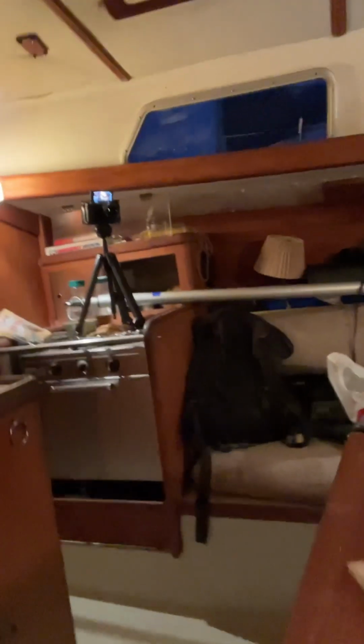I am enjoying my first meal aboard this beautiful Cal 33 with so much original woodwork, really special. And nice to have you aboard with me and my little one. And yeah,